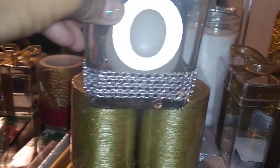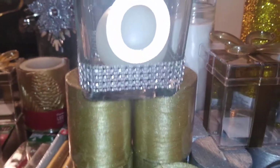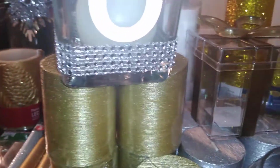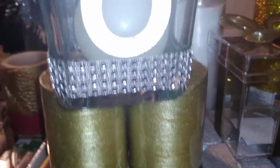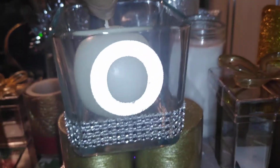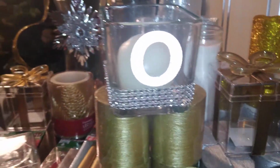and you can't even see it, I don't think, but the silver metallic letters that I got out of the sticker section where they keep, I guess, the school supplies or what have you. And I attached some of that bling ribbon, and I put in one of these little white round candles. All of this I got from the Dollar Tree, and I'm spelling out joy, J-O-Y, and I'm setting it up